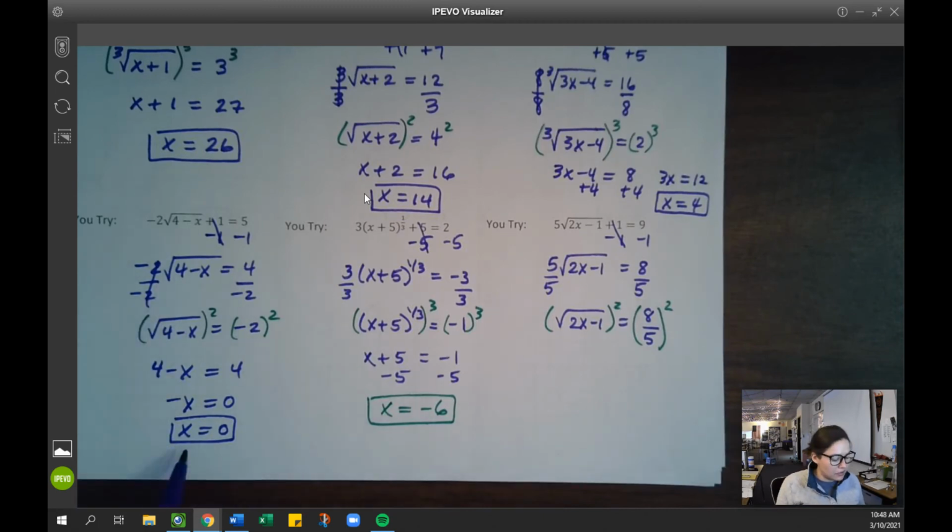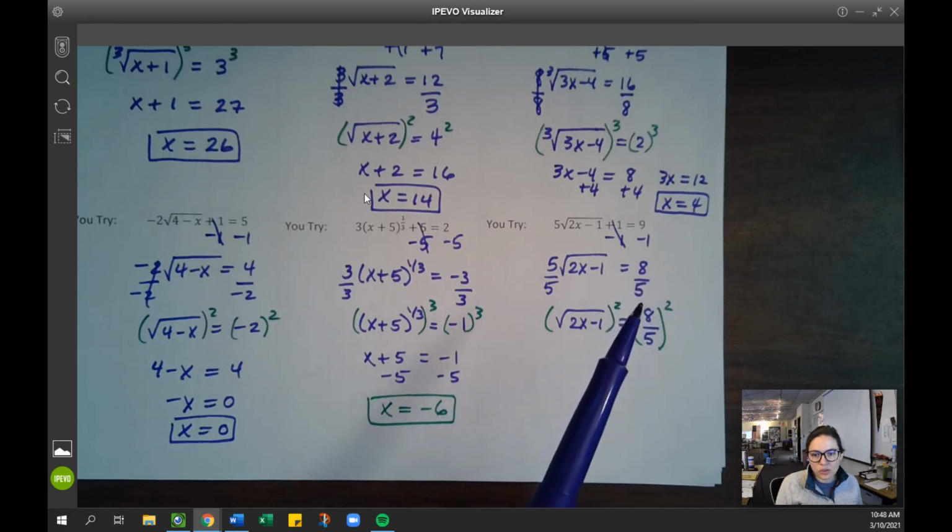All right, for the first one, you should have gotten x equals 0. This one is kind of a little funky because of the negative and that sort of thing. The second one, you should have gotten x equals -6. And then this last one, I kind of wanted to finish going through together because it works out kind of funky here. So we end up with,